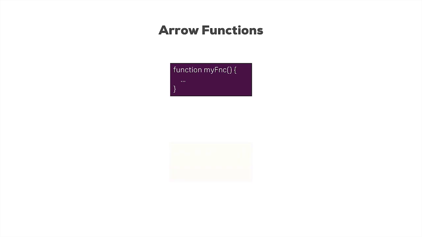Now, an arrow function looks like this. Here I'm storing it in a constant, and then on the right side of the equal sign, that's the arrow function syntax. A list of arguments, here it's none, but it could hold some arguments, and then an arrow, so an equal sign and a greater than sign, and then the function body. The arrow function syntax is a bit shorter than the normal syntax, since it omits the function keyword, and